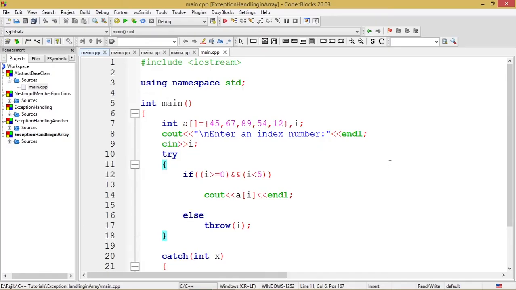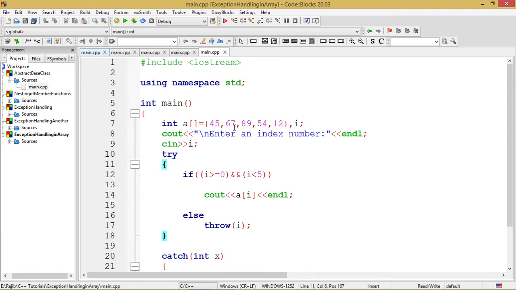So this is the program which I have written in order to show you the concept of exception handling in case of array out of bound exception. I have written #include <iostream>, using namespace std, followed by int main. In the main block I have taken an array and assigned some values into it from the very beginning.